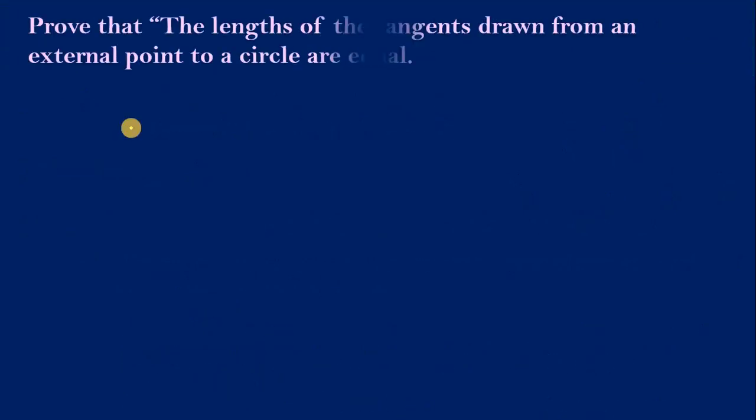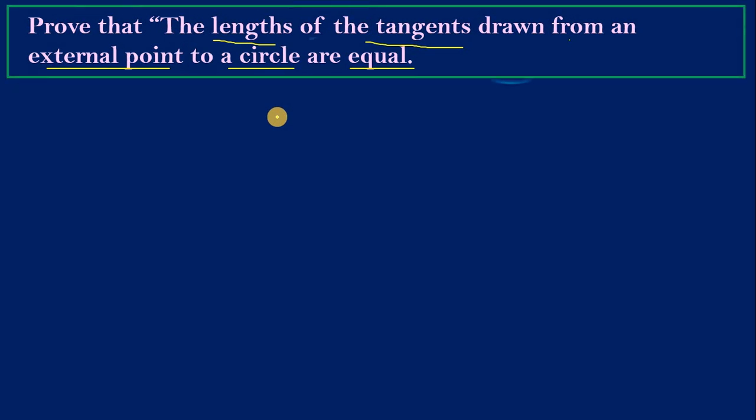Next, let us move on to the second theorem of this chapter, and this is very simple when compared to the last. The theorem statement goes like this, and this theorem can be asked in the examination like this. Prove that the length of the tangents drawn from an external point to a circle are equal. So first understand the theorem statement, children. To make you understand, first let me take a figure here.